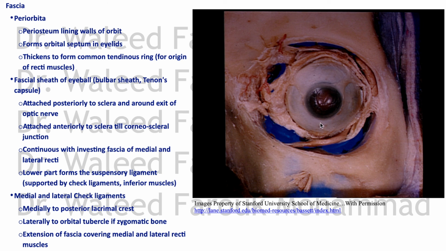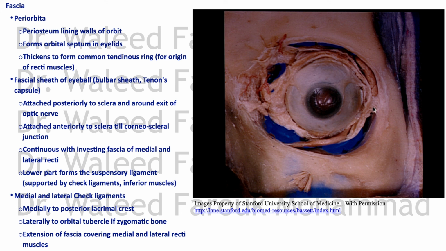See, this is the corneoscleral junction, and this is the fascia open here, cut open. It has a smooth, shiny under surface, and between it and the sclera is a potential space. It's called the subtenon's space because the fascia is called Tenon's capsule. See, medially it forms the medial check ligament. This is the medial check ligament attached to a tubercle, the orbital tubercle on the medial wall of the orbit, and a lateral check